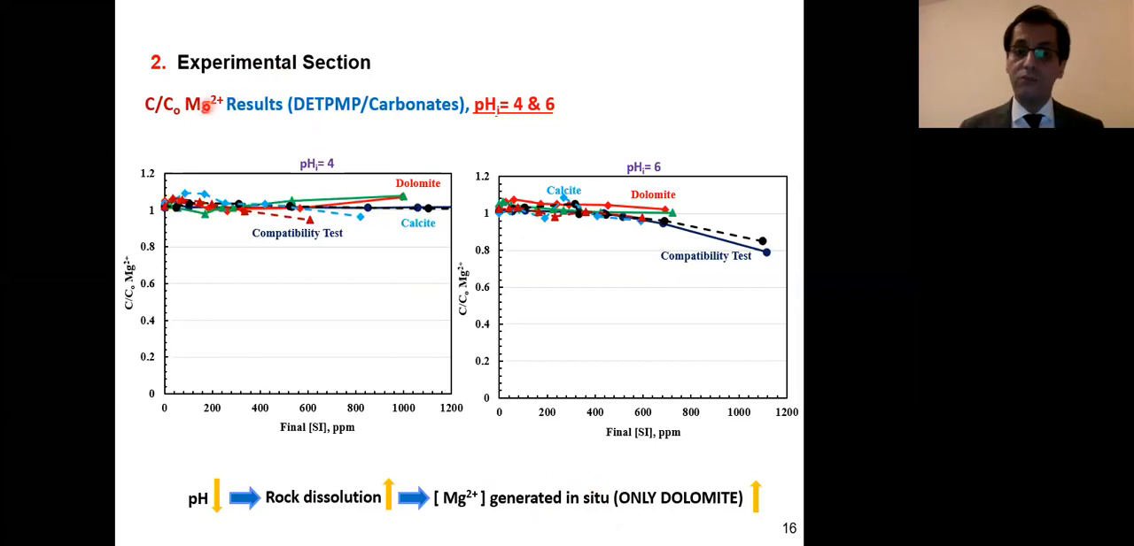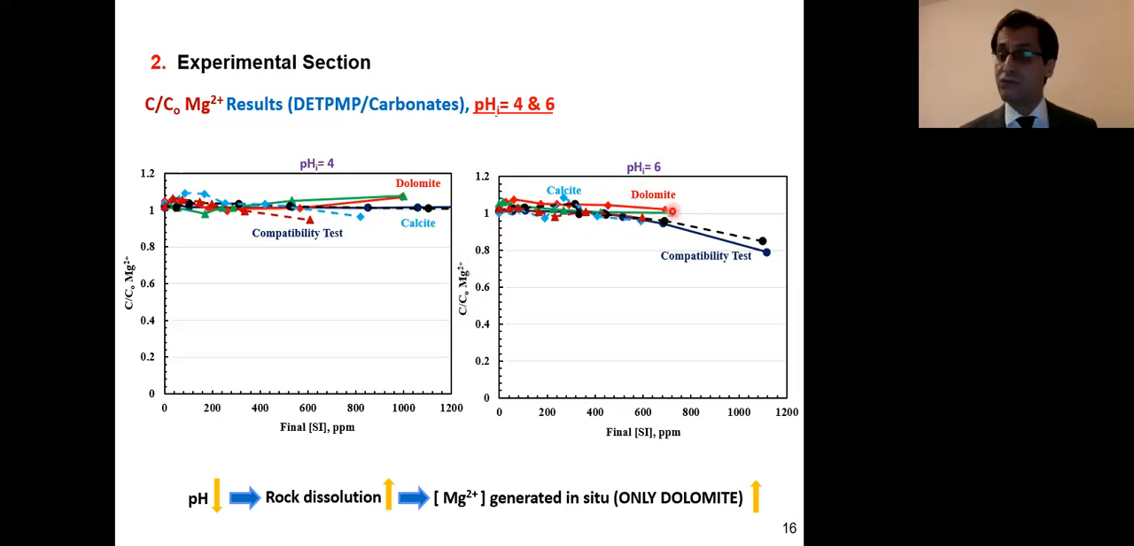So now I am going to present magnesium. In both cases, calcite and dolomite, magnesium doesn't have that high an affinity to be involved in a chemical reaction with DETPMP. However, at pH 4 in the dolomite case, magnesium has increased because of rock dissolution, but for pH 6, rock dissolution is negligible, and the normalized magnesium